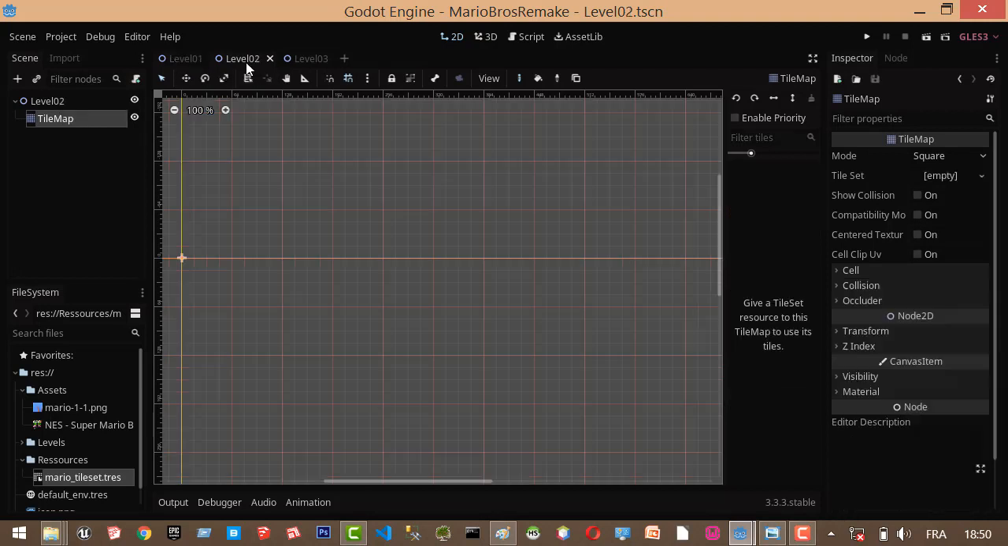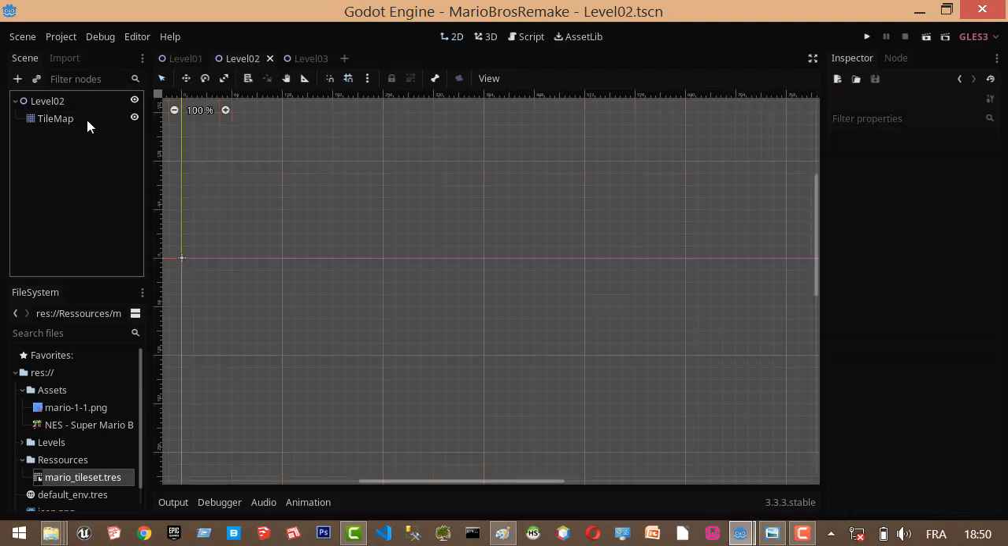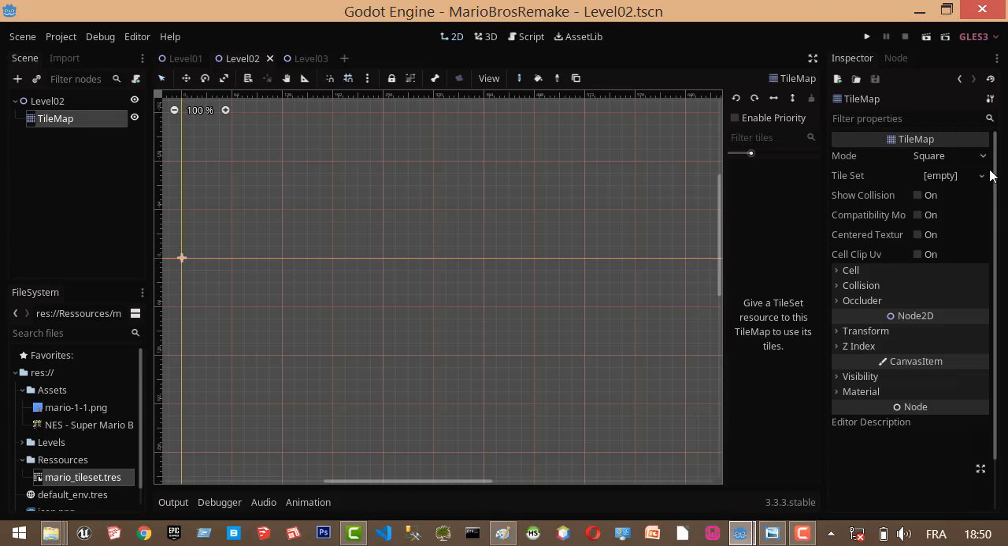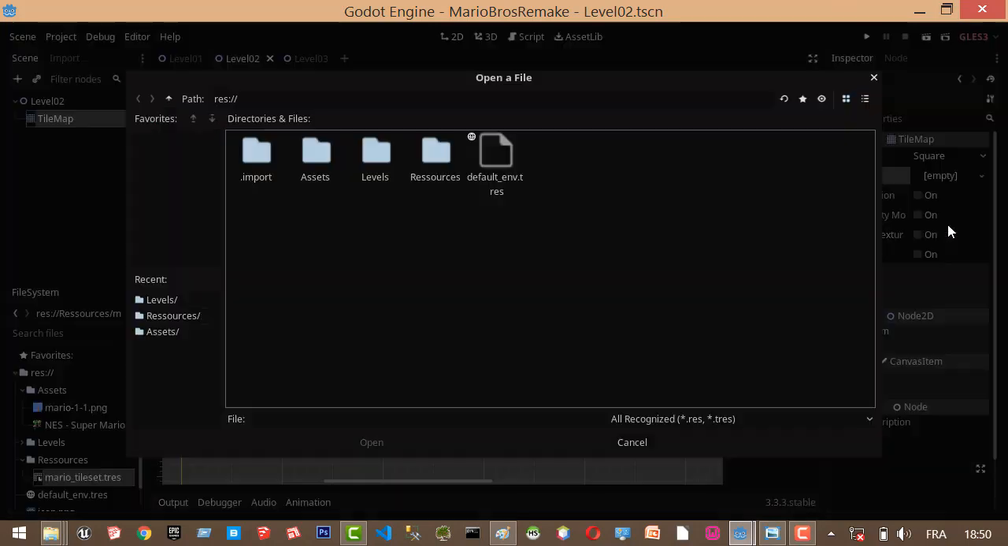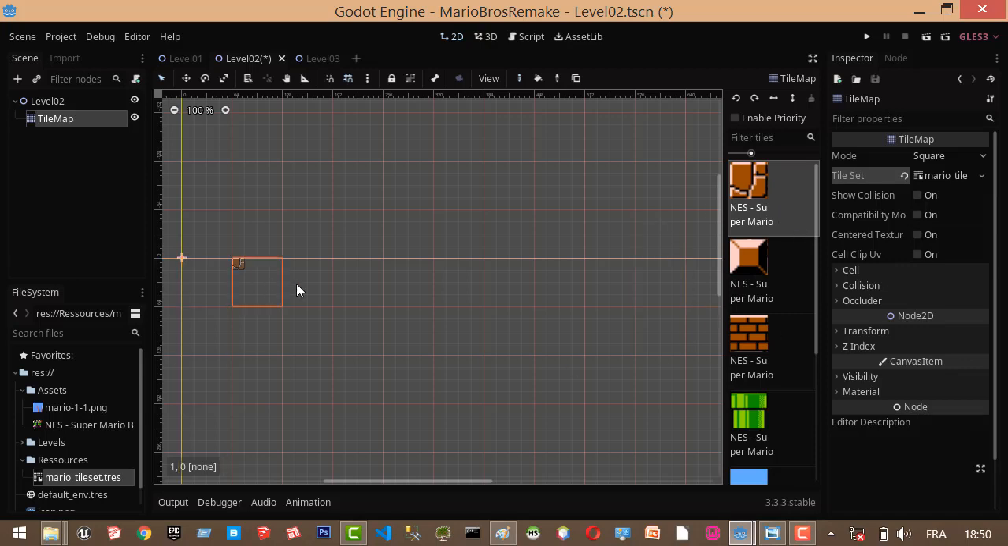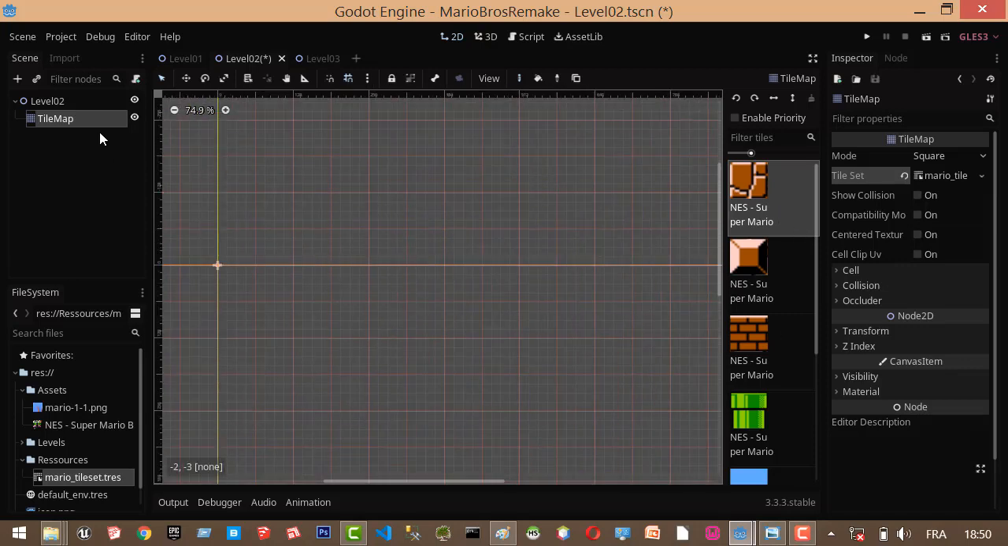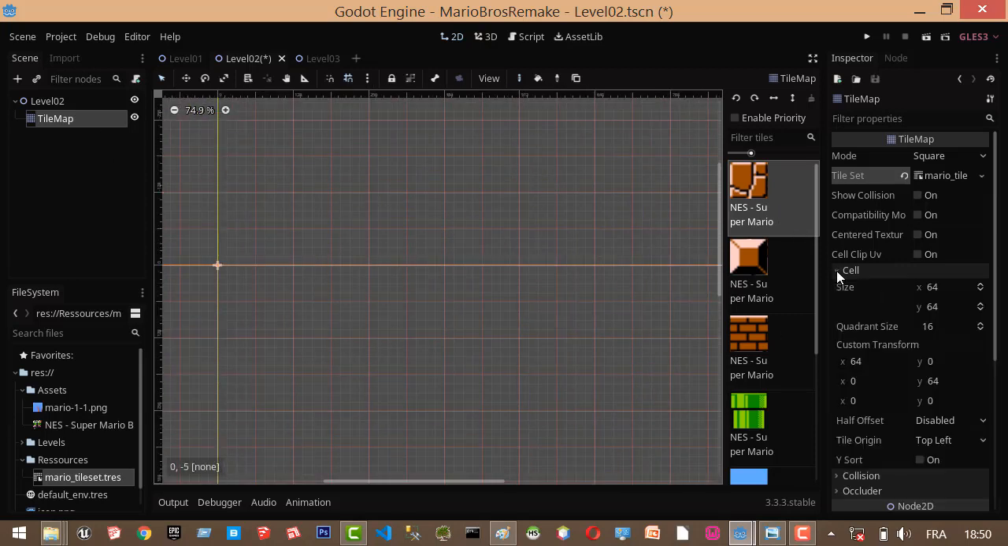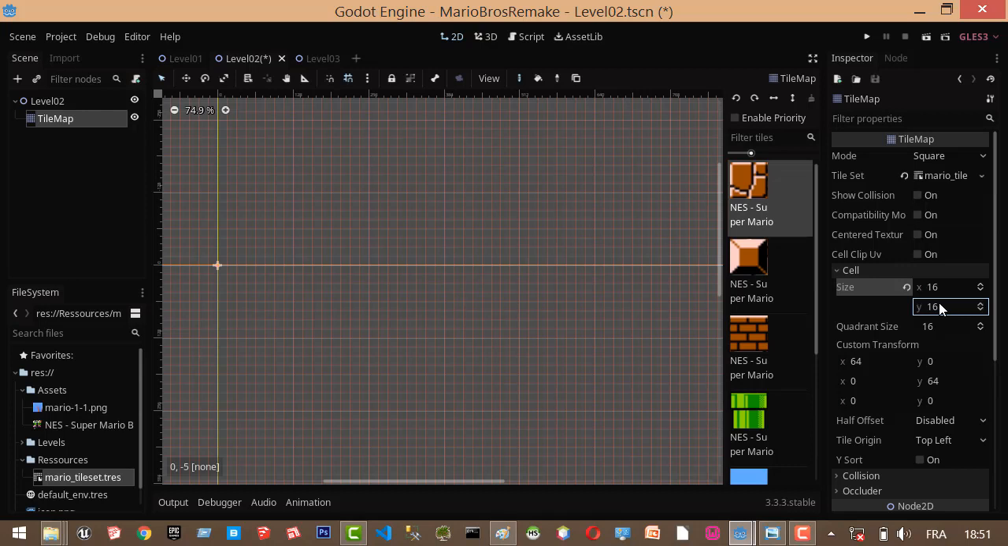So in the level 2, what we do, we just select your tile set, make a load, go to the resource, and then you're done with the same level. Although you do have to reconfigure the cell for the tile map, 16 by 16. And that's it, you're done. So you can start a brand new